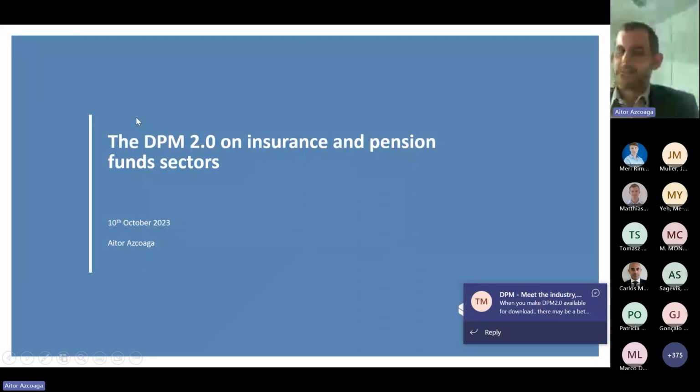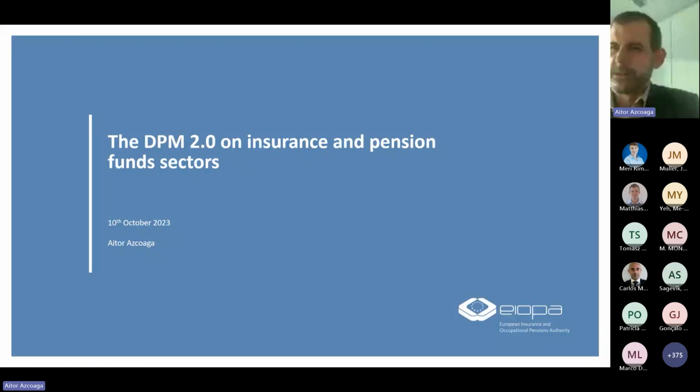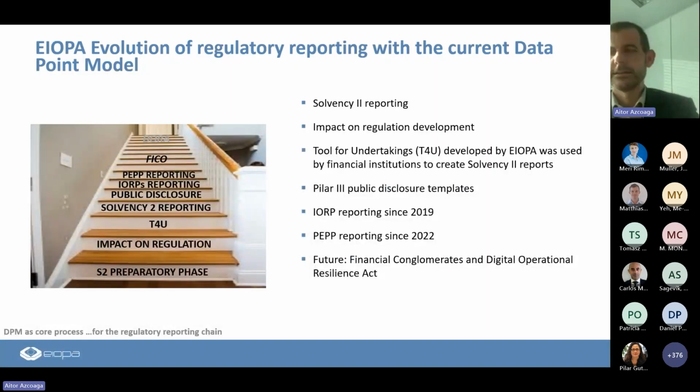Okay. I will try to go very quickly now on this slot, just 15 minutes. In EIOPA, we're still having to prepare several things on our way to the DPM 2.0. Moreover, Carlos will have more interesting topics because on the banking side, there are more things going on with integrated reporting. So I will try to keep a short update on the EIOPA part.